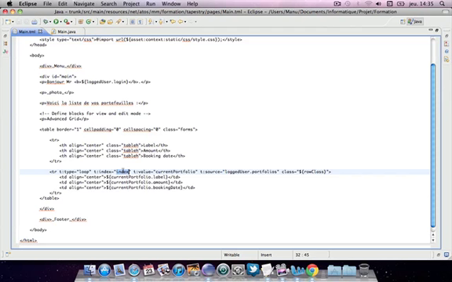So Tapestry needs a getter and setter for this variable. T-value will store the current value of the loop. T-source is all the data we want to display, and class is the CSS class we want to use for this loop. And then for each iteration we can